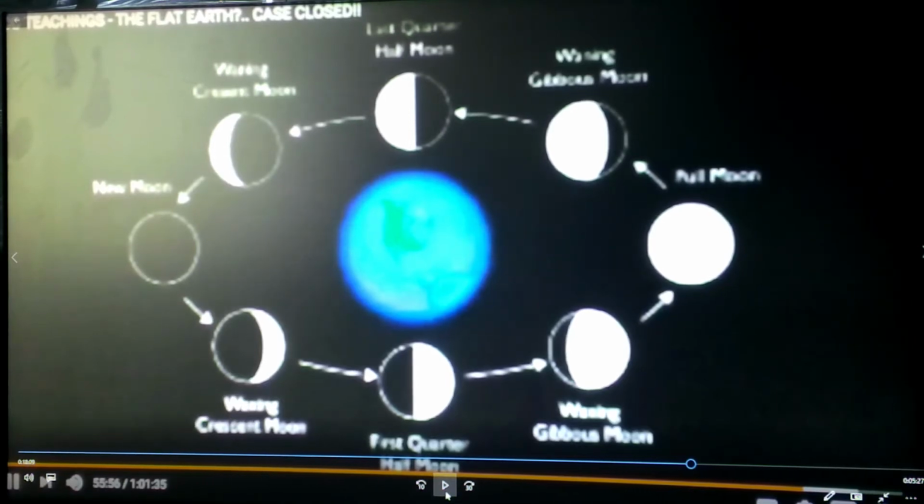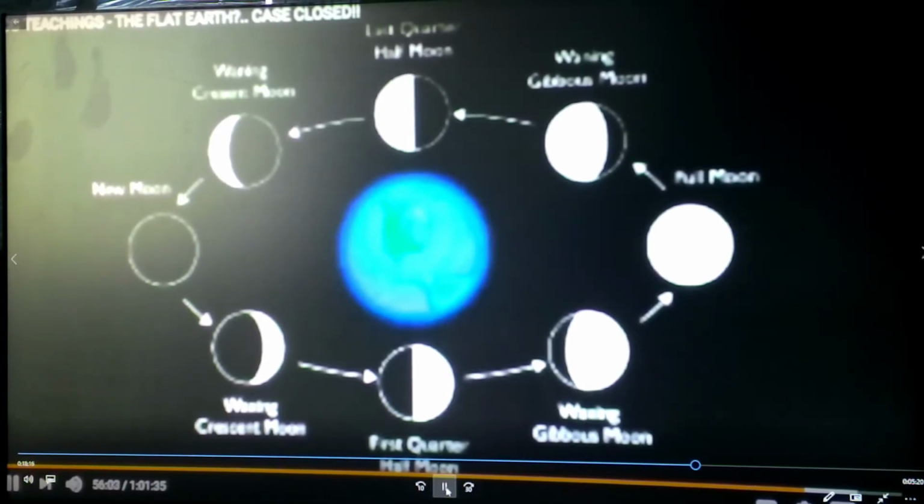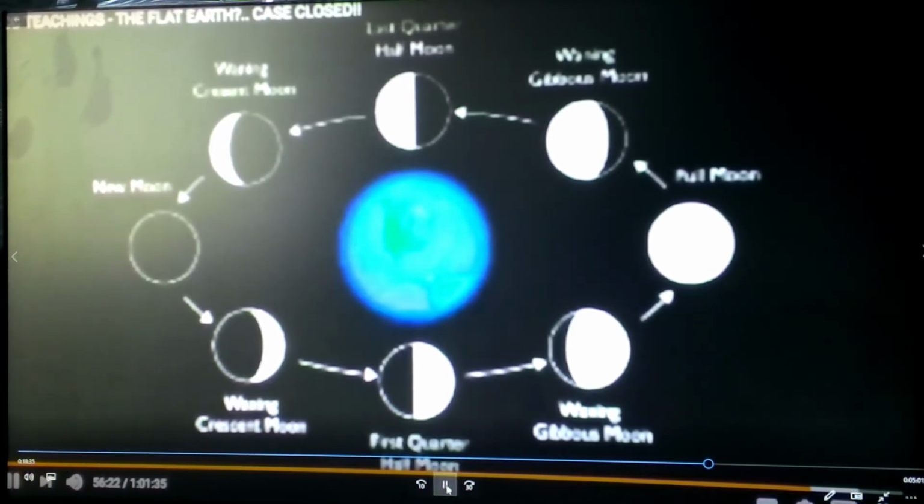Watch and observe. The Bible? Okay. So we see the phases of the moon. Brothers and sisters, if the moon is shining on a flat earth, and the earth is seeing it, how can there be phases of the moon? How can you see a crescent moon